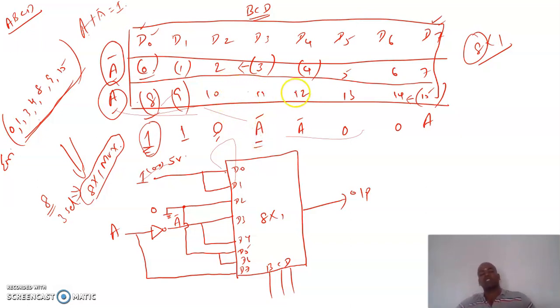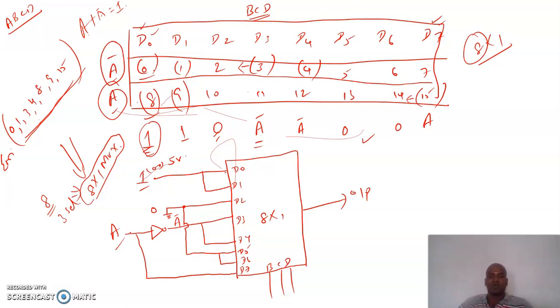Okay, so once these values are identified, then draw the block of the 8x1 multiplexer and mark the inputs, selection lines and output. Then as per the data from these two tables, connect these 8 data with proper inputs and values. Okay, so in this way we can design a multiplexer from the given Boolean expressions.